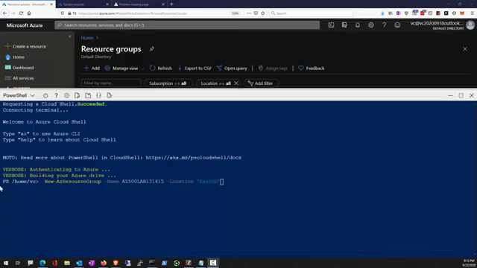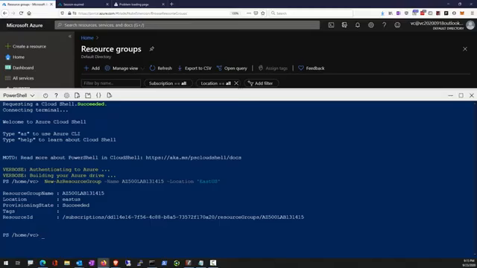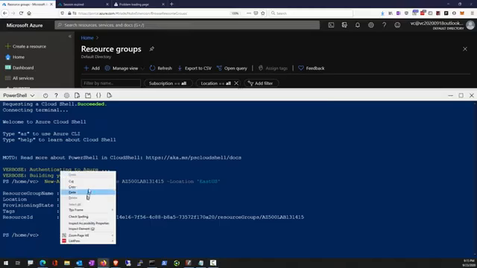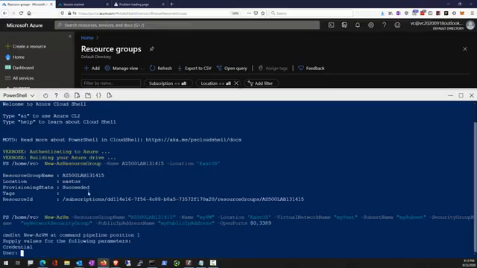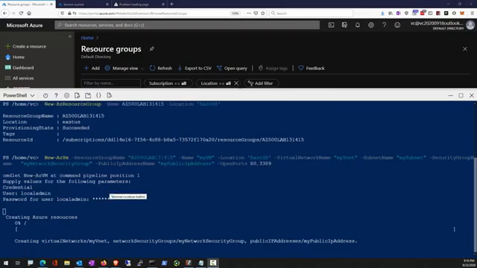Now we're going to turn up PowerShell and create a resource group in the East US region. We're going to use the PowerShell cmdlet to quickly deploy a brand new virtual machine. This creation will take roughly 3 minutes. We'll fast forward that. While this VM is being created, I want to take some time